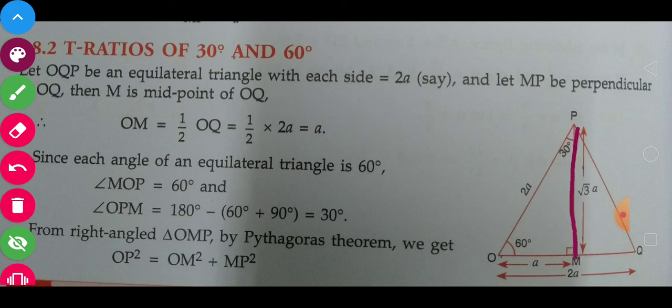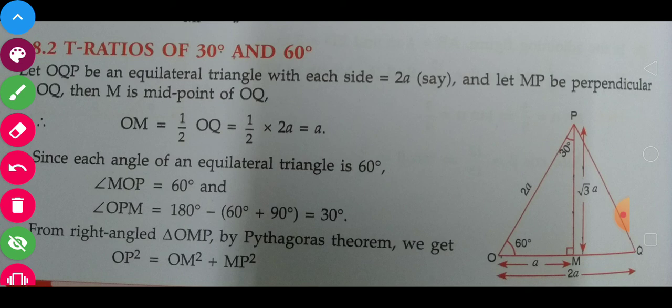Now this is perpendicular and this becomes a right angled triangle. This angle is 60 degrees, but since this is a median, it is also the angle bisector, because it is an equilateral triangle. This is the property of an equilateral triangle. Therefore this half angle, angle OPM, is 30 degrees, right? So in this triangle now, what do we have? We have one angle which is 90, one angle which is 60, and one angle which is 30, right?